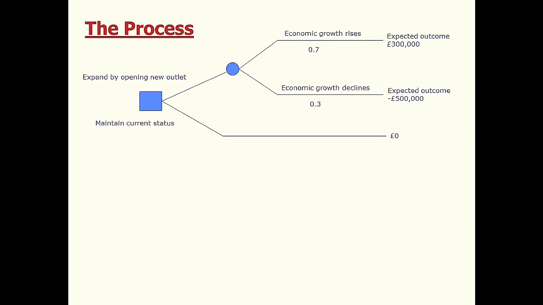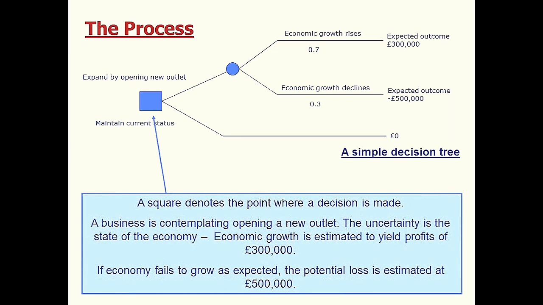Now we will first look at an example of the process of a decision tree. As you can see, this is something similar to what you have studied in your mathematics as the probability and the tree diagram. So this is almost similar to that same concept. Now over here we are looking at an example of a company that wants to expand by opening a new outlet. Now the square will always denote the point where a decision is being made. So the decision in this case is that they want to decide whether they want to open a new outlet or not.